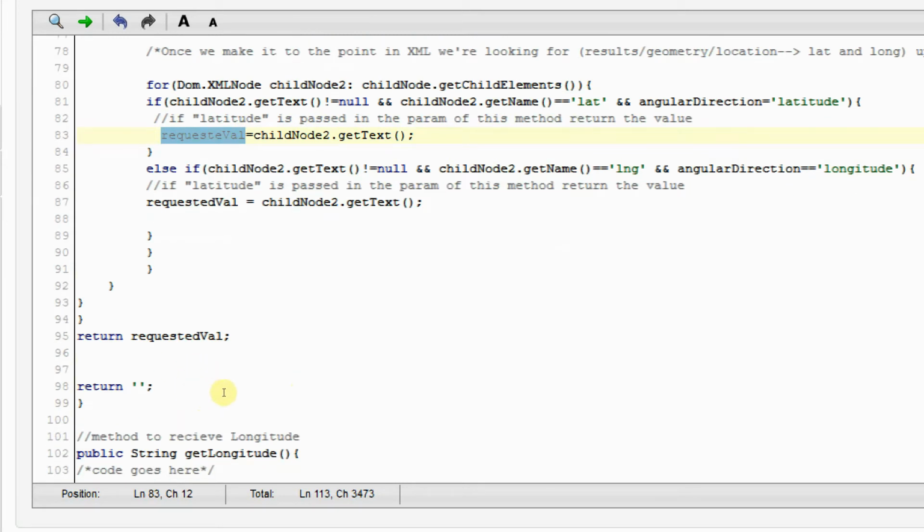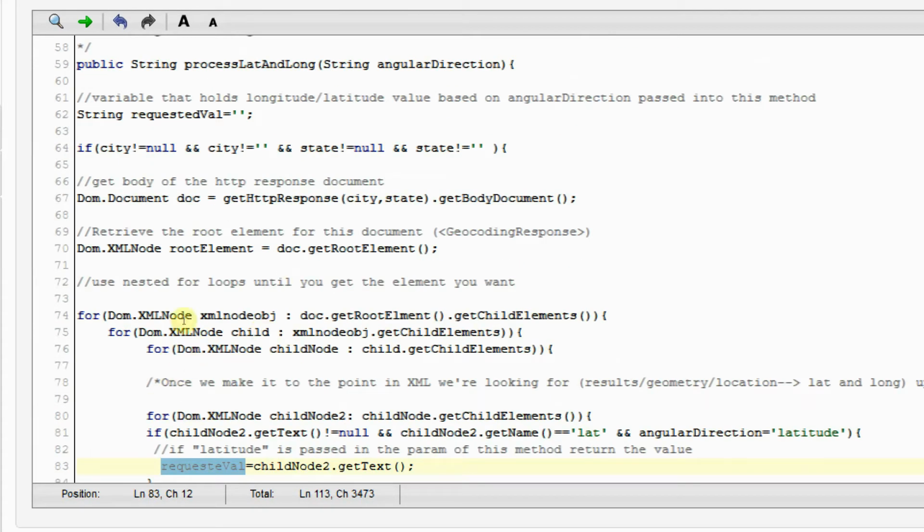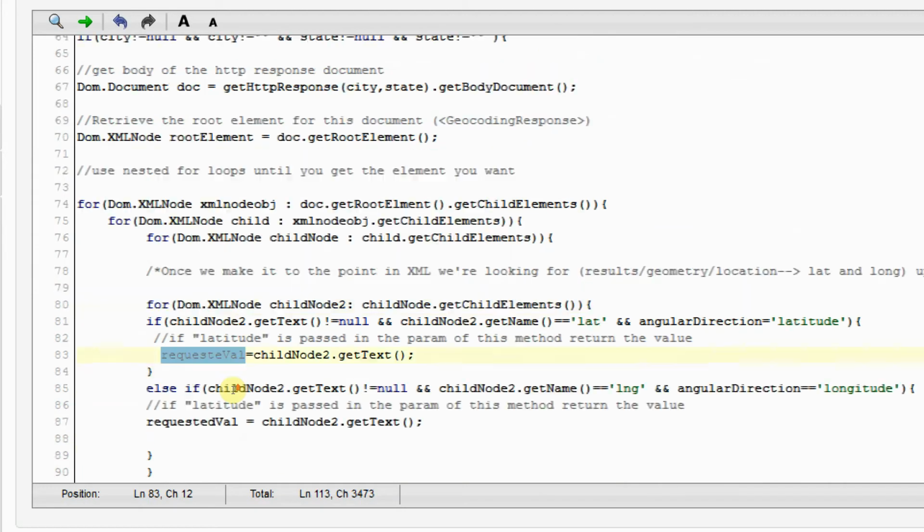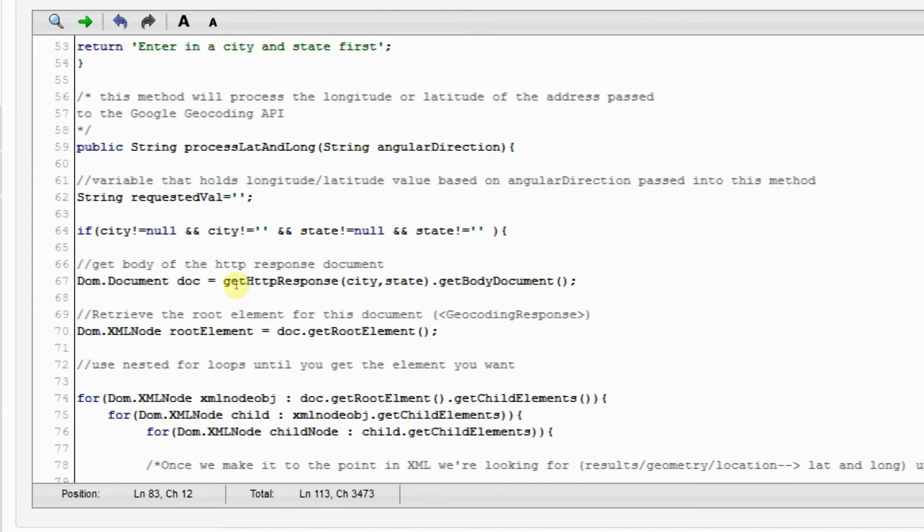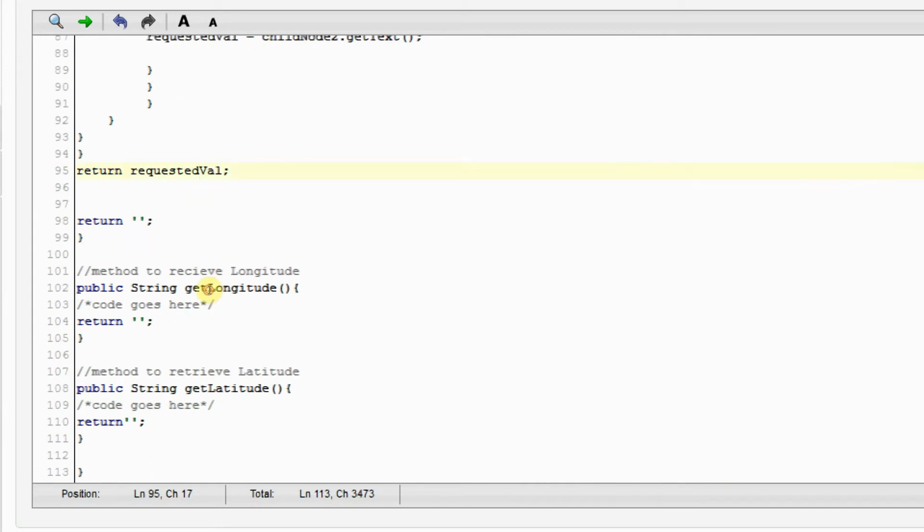Basically what we've done here, we're returning back the requested value, or as this method states, we're basically just processing the latitude and longitude. We're passing back a requested value. Now, in order to set the lat and longs, we need to go into this method, get longitude and get latitude, which I created, and then we basically just need to add one line of code, which is going to be this: return